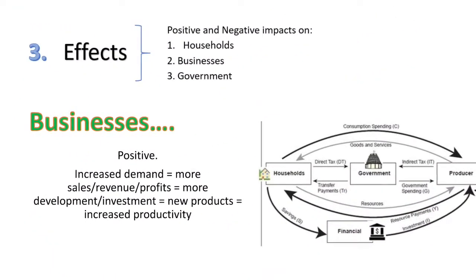Now, if we look at the effects on businesses, again, there's positive and negative. So now in the circular flow model, we're looking at the producer sector, over on the right there. If they've got more demand coming from consumers, so there's more people, let's say in level 2, we're all going to run to the sushi place. Okay, so the sushi people are going to be making more sushi because the demand for sushi has now increased. Because the demand's increased, their output increases, and that means that they're getting more sales, which